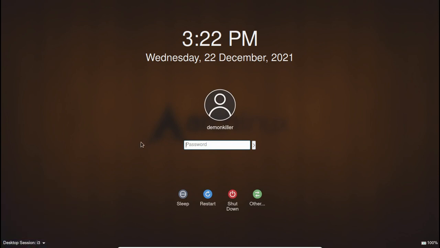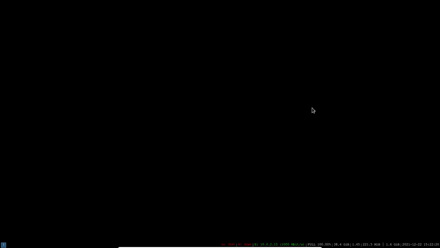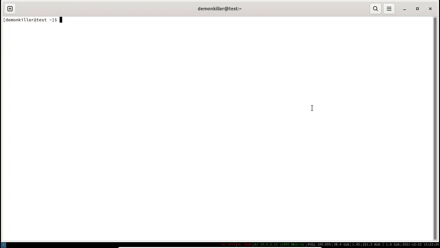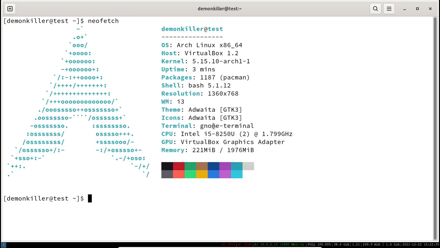I'll just show you i3 because that is something you would have to work around. So as it says here, we don't have a configuration file, so we are going to generate one. So press enter for that, and I'm going to keep the Windows key as the default mod key. So that's that. And now we can launch a terminal. The only problem is that we are not launching Kitty. Remember we installed Kitty, right? So let's see what the terminal is, and we are using the GNOME terminal.